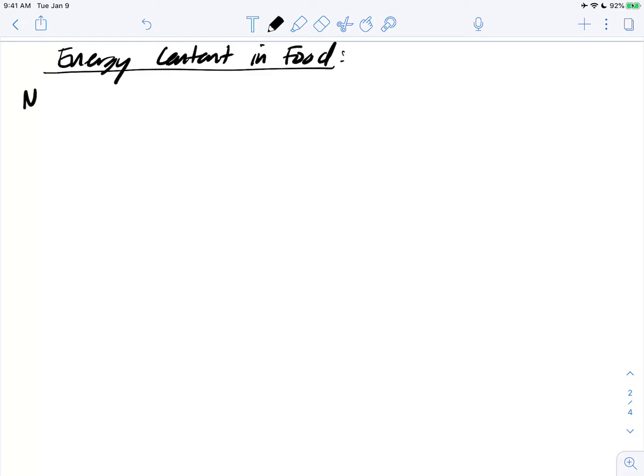So we're going to look at the energy content in food, as well as some other nutritional values. We're first going to define a nutrient. This is a chemical substance in food